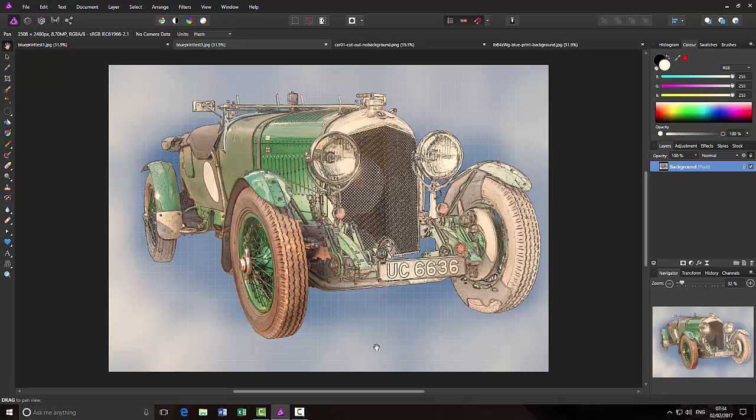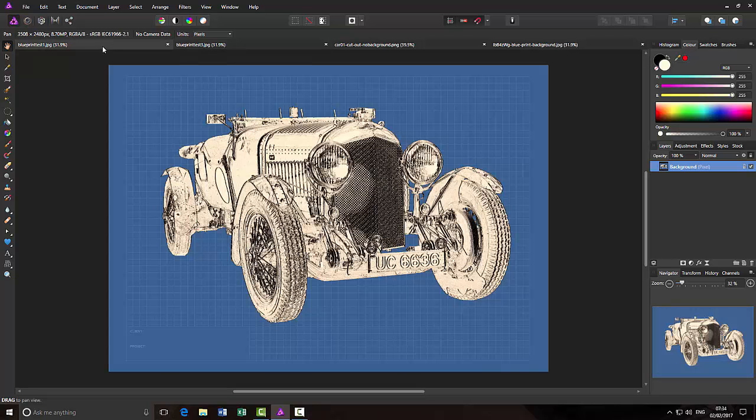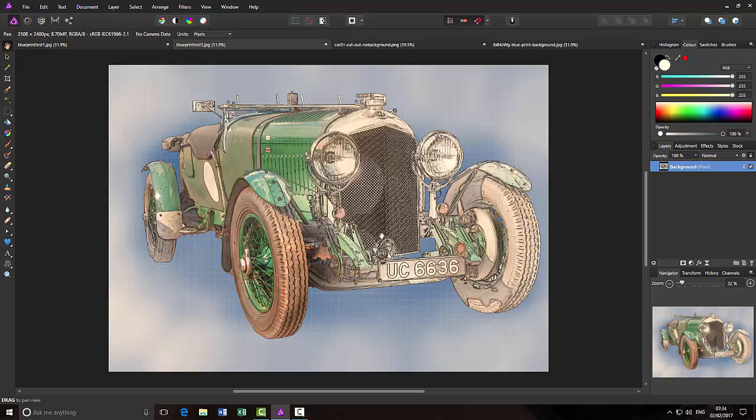So this version 2 of this blueprint tutorial will be trying to get this result rather than the result that I got on the previous video. It will cover a lot of the same ground, but it does extend what you can do with the image to get you to this end result. So let me shut these down,